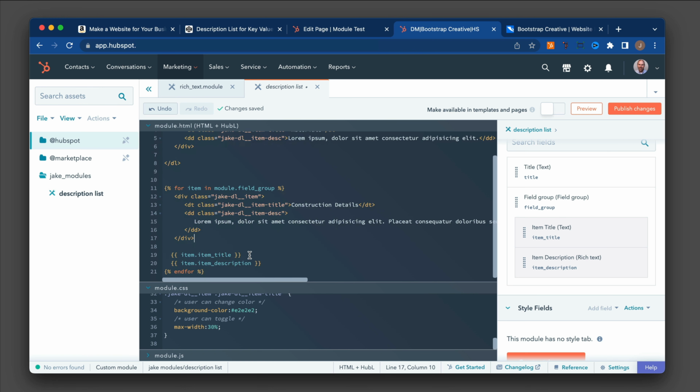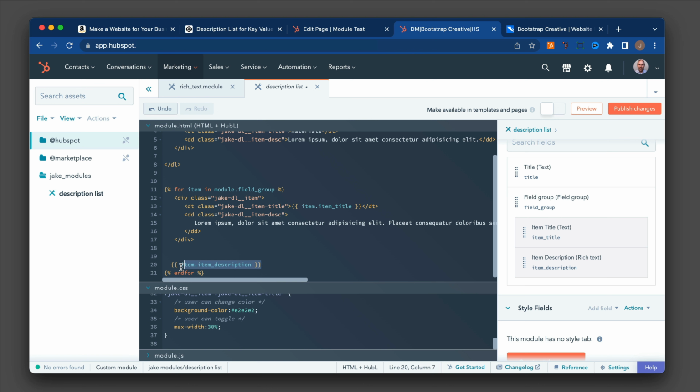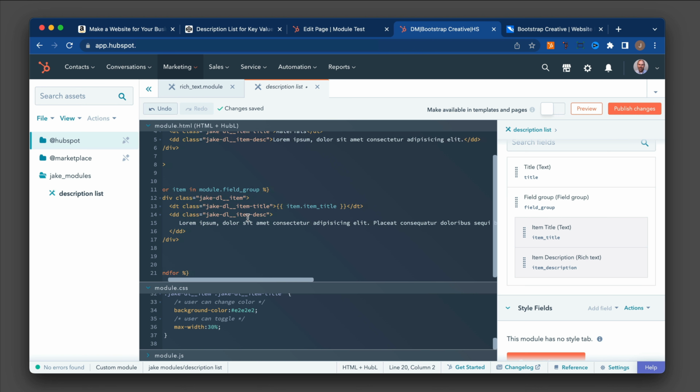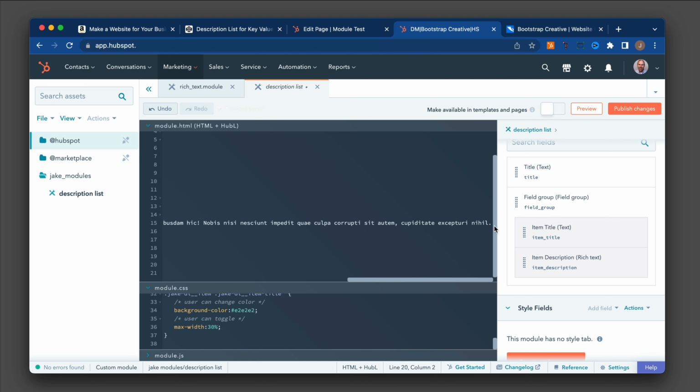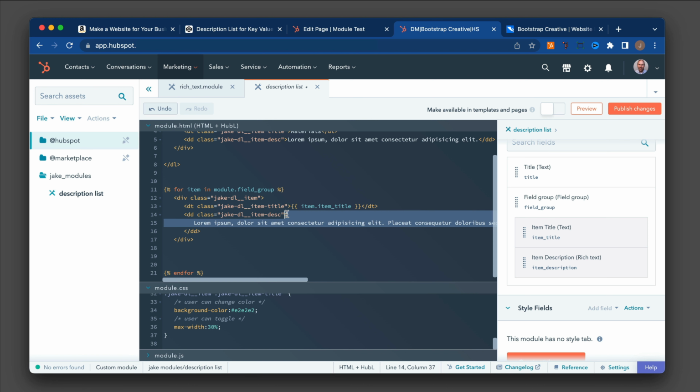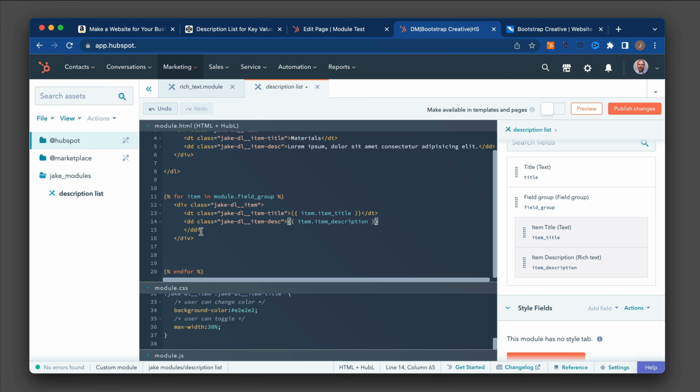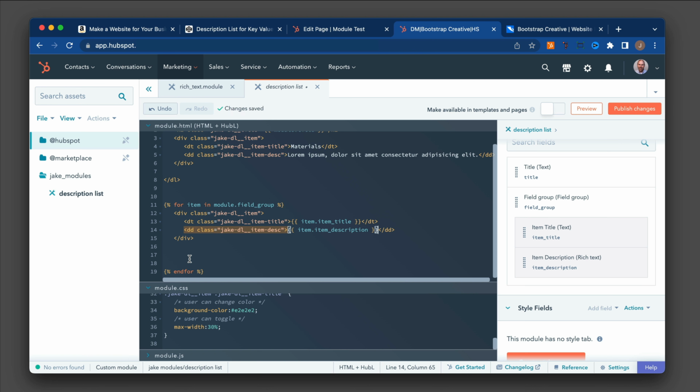And then where it says item.item_title, cut that, and put it into the item title section here. And then do item.item_description, cut that, and select all this code here. And this will be a rich text field here.